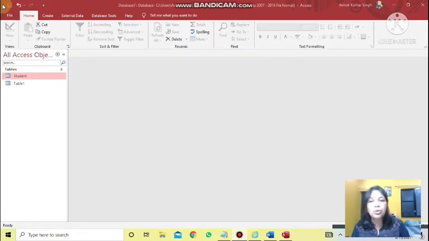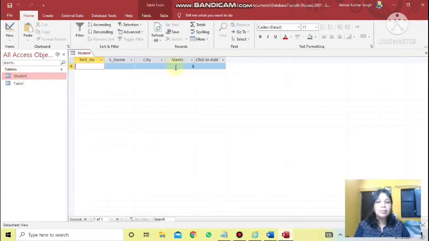So today I'm going to show you how to insert the data. As I have already told, for insertion of data you should always open the table in datasheet view. So let's start with that. Last class the database which we had created was database 7 and the table was student table. So here only we'll insert the data. This is the navigation pane. Here all the objects of the database which you have created will be shown. Since till now we have created only tables, two tables are there in this database, student table and table 1. So these two are shown here. I want to enter data in student table, so you double click on that. You will see the table will appear in this work area in the datasheet view.